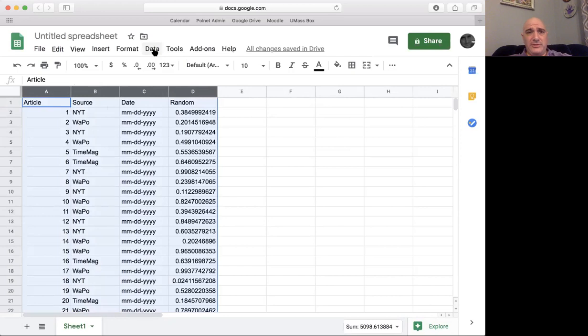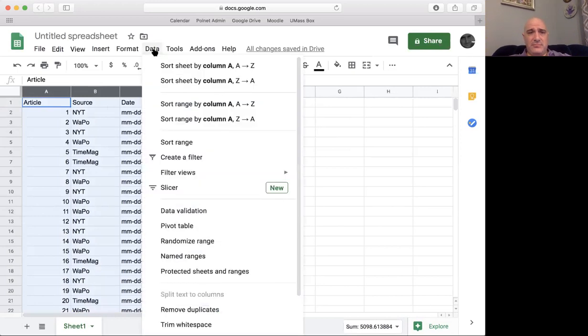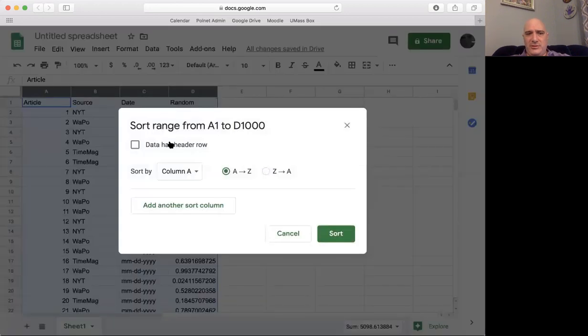I go under data, and I don't want to take the sort range because that assumes you're sorting everything, and I don't want those titles, articles, source, date treated as just any other entries. So I'm going to hit sort range, and then I'm going to click on data has a header row,